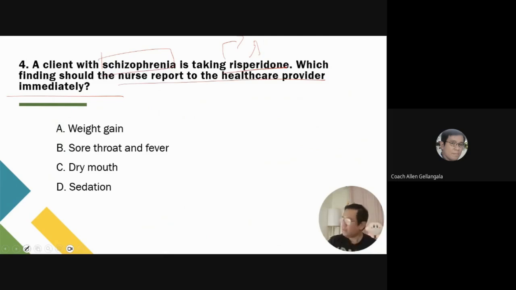This is your atypical antipsychotics. So why did we have atypical antipsychotics? What's the main purpose of this one? Okay, so originally,